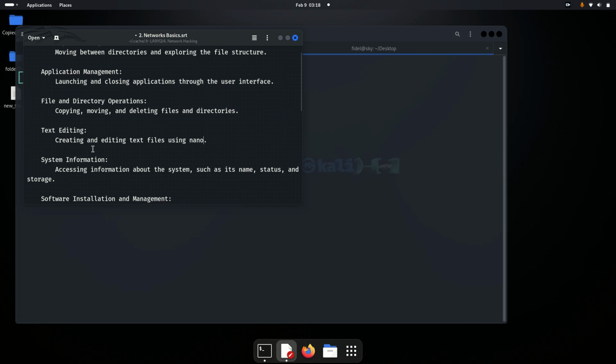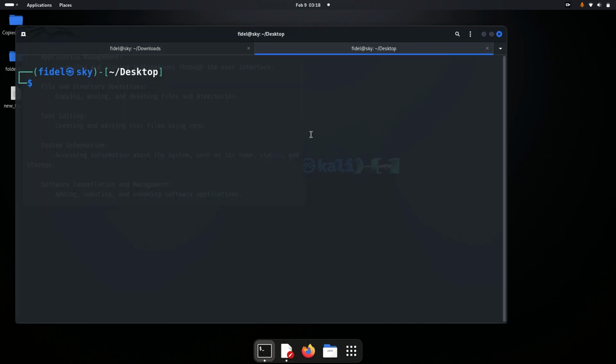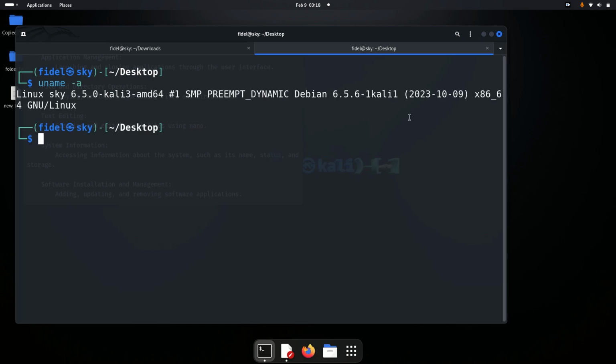So next we are going to system information. This one entails accessing information about the system, such as its name, status, and storage. Let's begin with the name. The command is uname -a, and then it's just going to give you the system name,